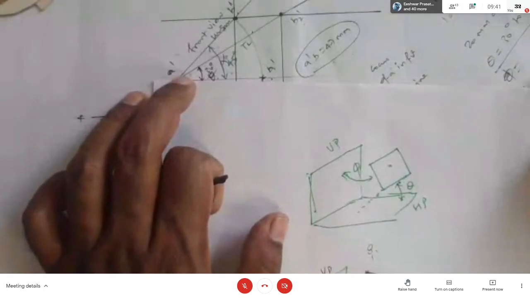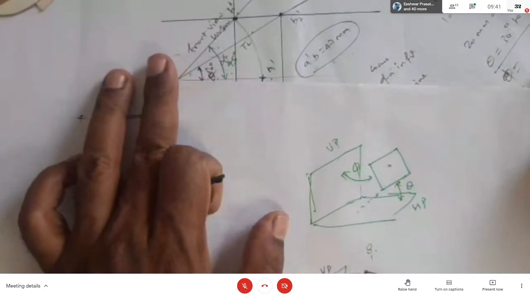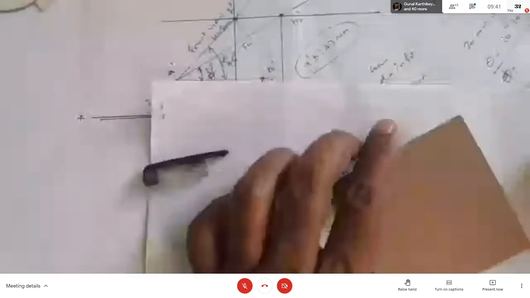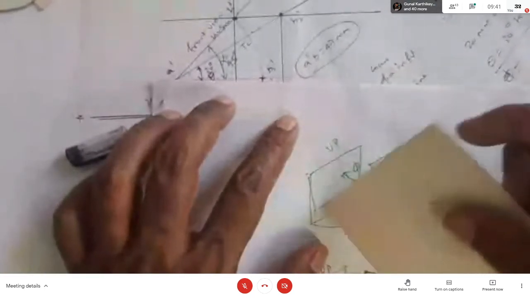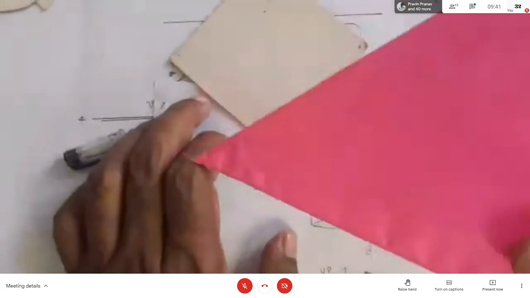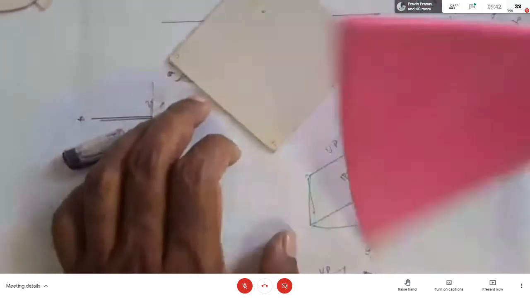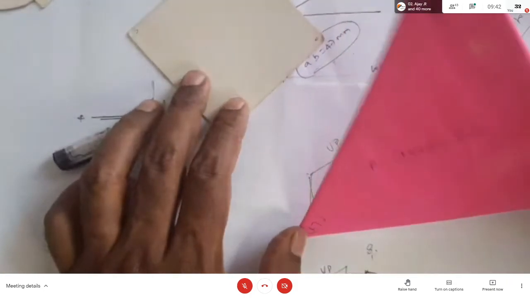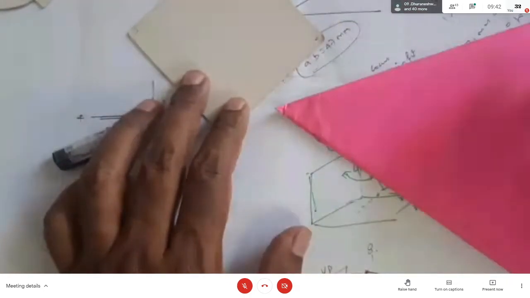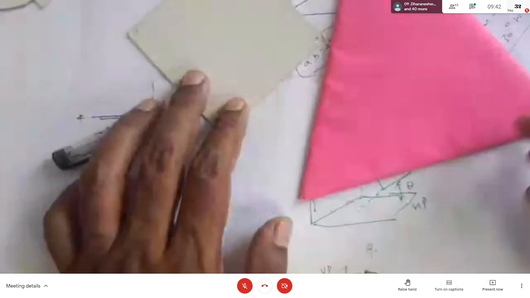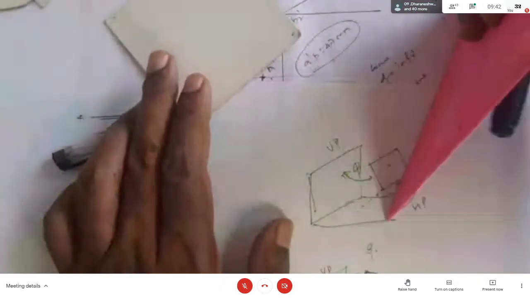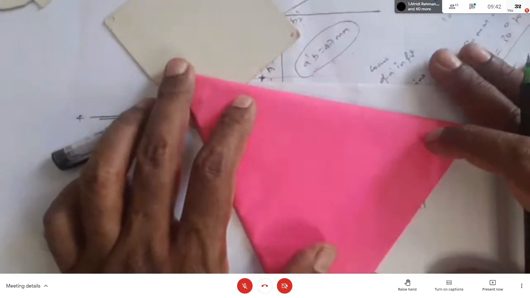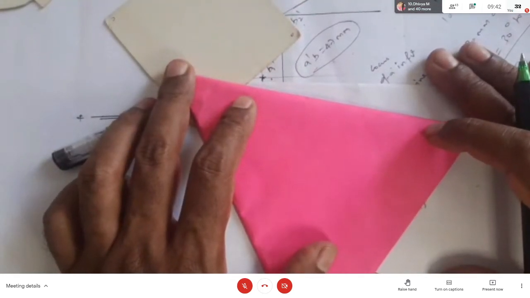You have to prepare the models using somewhat thick note paper cover, something like that. Or you can make it like this also. If you make it this size, it is easy to visualize. You have to give some names here, points A, B, C. Just keep the object in the first quadrant and try to visualize everything. Make a first quadrant, maybe with a note.